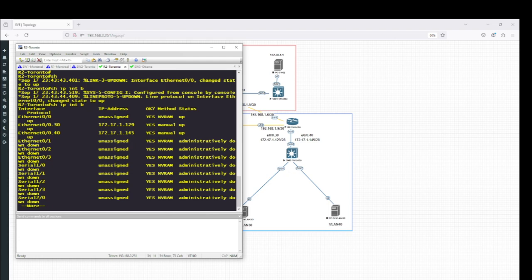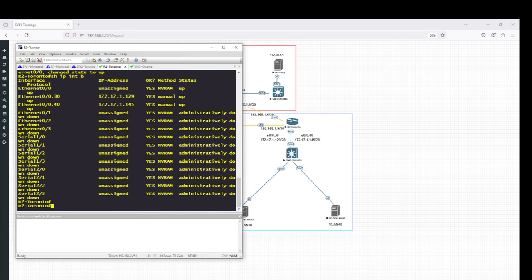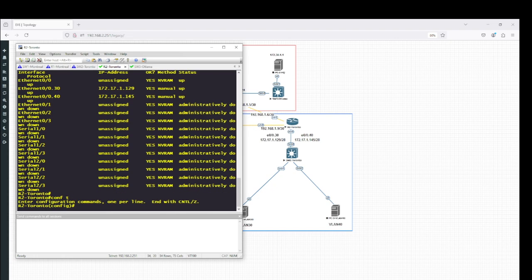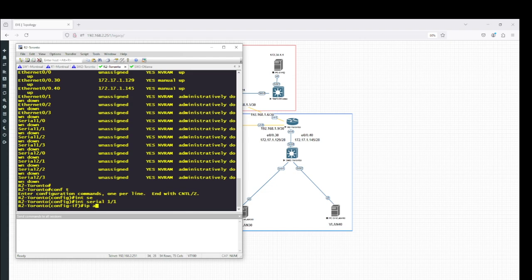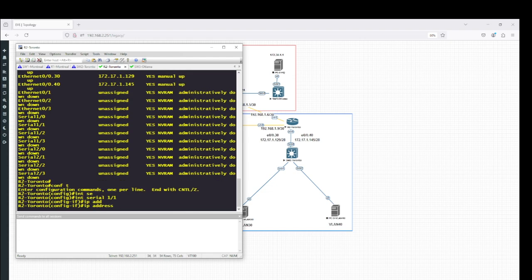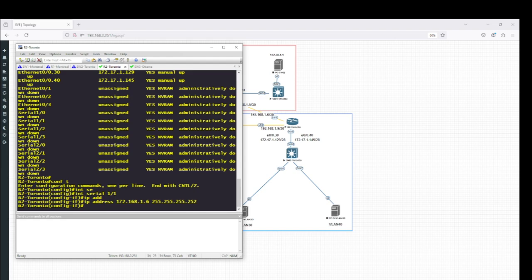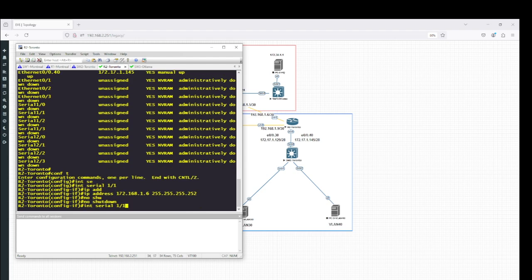Again, the same thing here. I have to put the IP on the serial interfaces, which is going to Montreal office and the head office. So conf t, int serial 1/1, IP address is 192.168.1.6, 255.255.255.252, no shut, and I will use 1/0